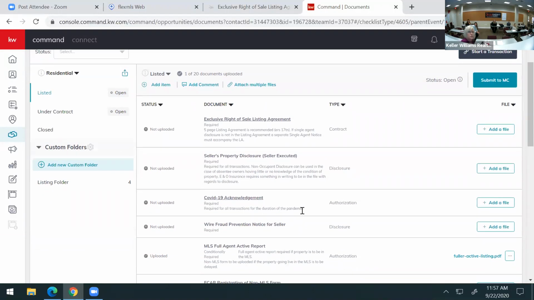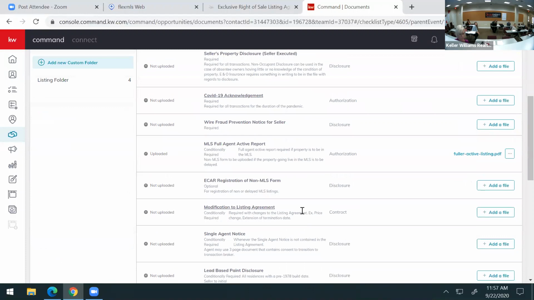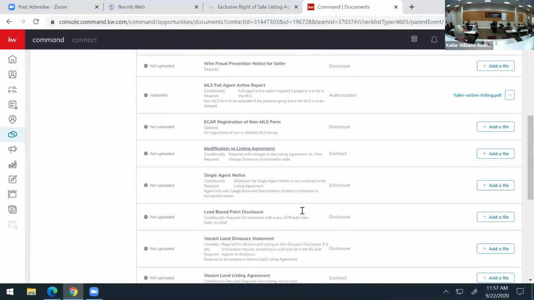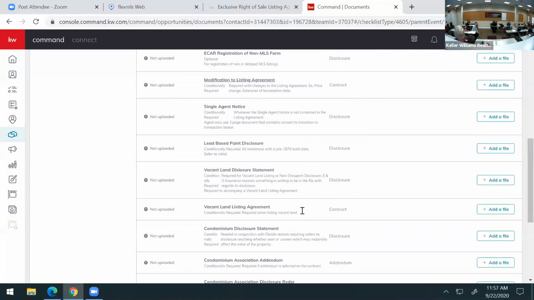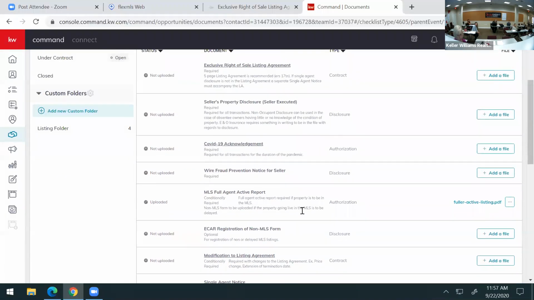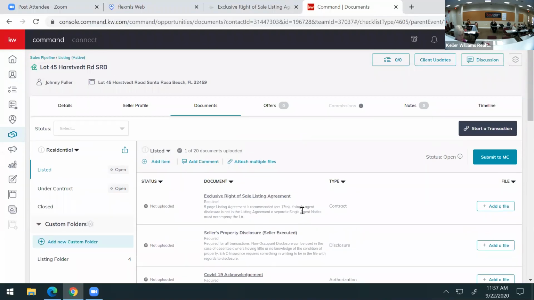Exclusive right of listing required. Seller disclosure required. COVID required, wire fraud required. You will have to upload your active listing report. And then, oh, this is residential, mine. So you just go through that. But anyway,